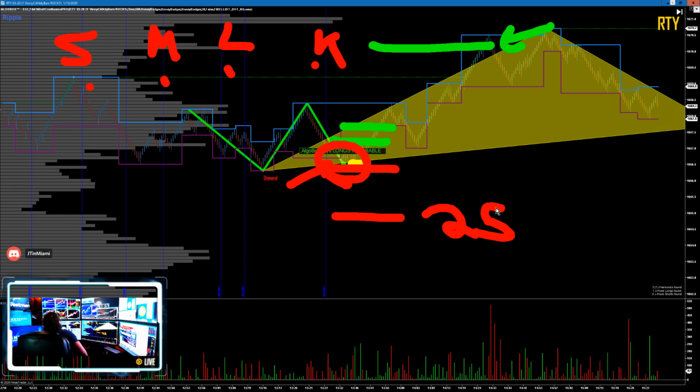That's it. Under the dot. If this dot breaks, we're done. The dot is either a pinpoint perfect entry location with a sniper shot from at any distance. That's the beautiful thing about this. This is a headshot cheat for the markets. That little tiny dot, and your stop literally goes right underneath it.